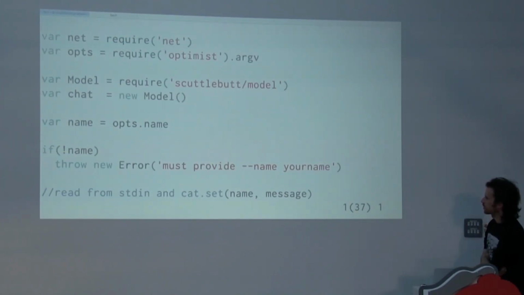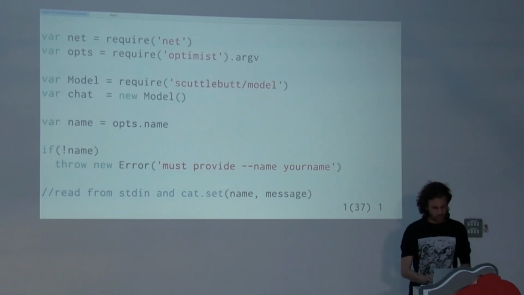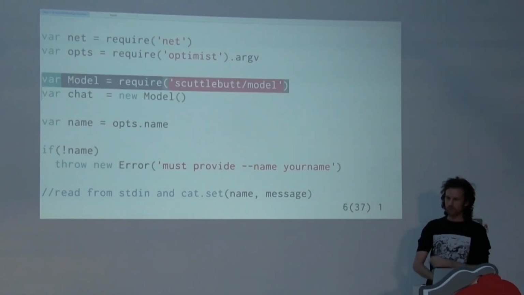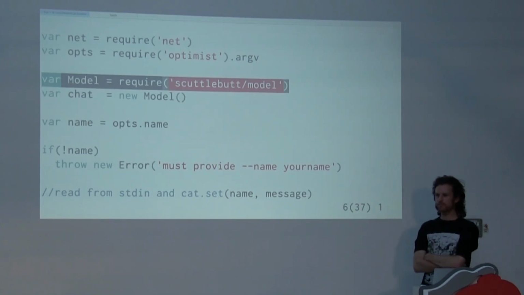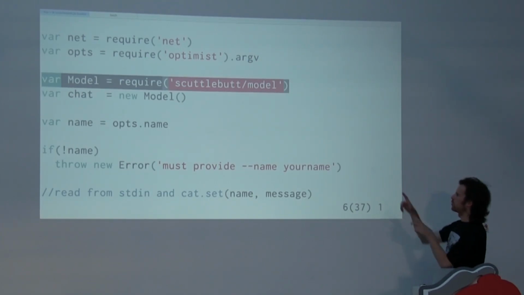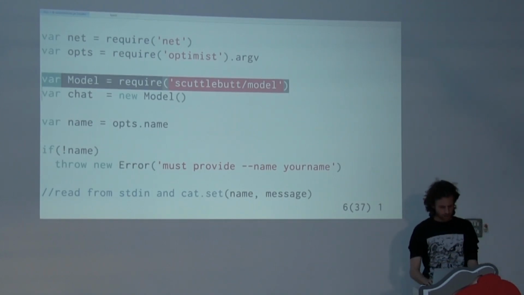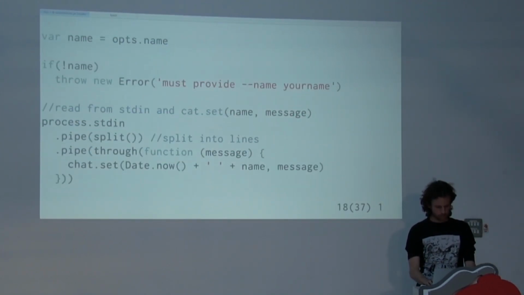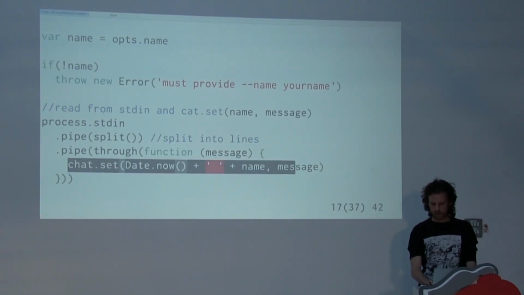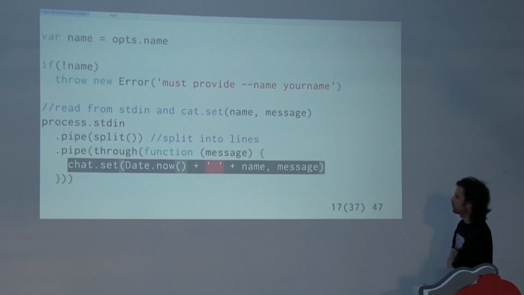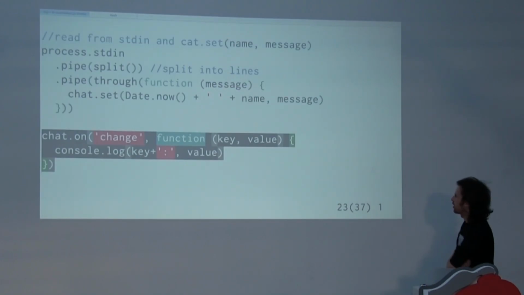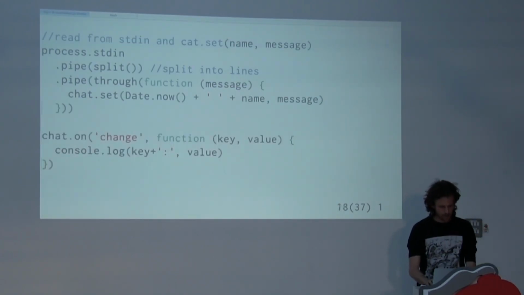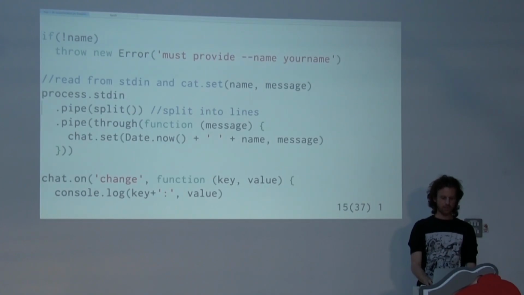Okay, so now let's build something a bit more interesting. So at this point we're calling it Scuttlebutt, which is, if anyone's used Backbone or something like that, you have a model object, and then you can go set and then a key and a value. Pretty simple, and that fires a change event. Well, this Scuttlebutt is like that, except